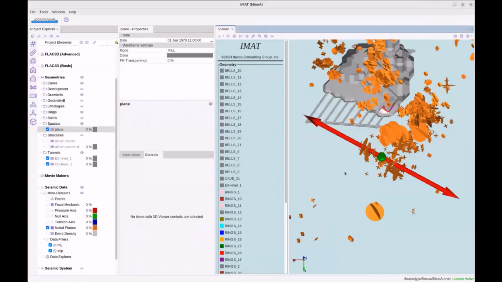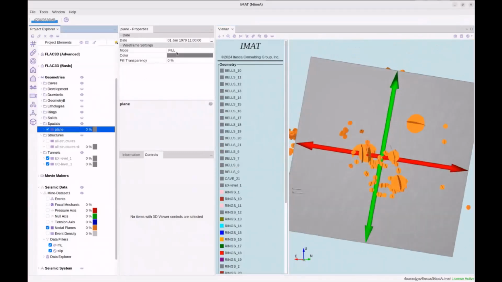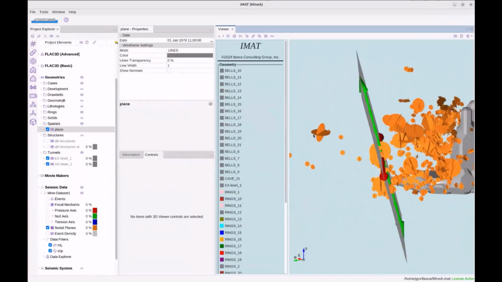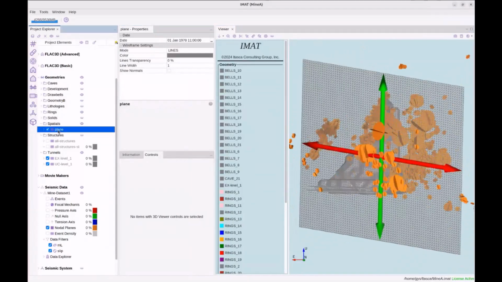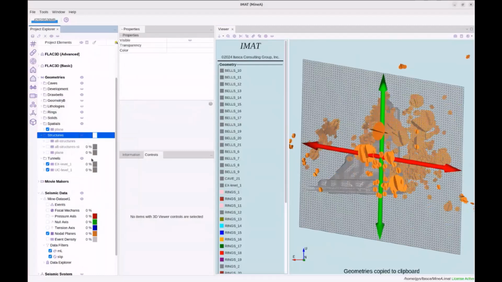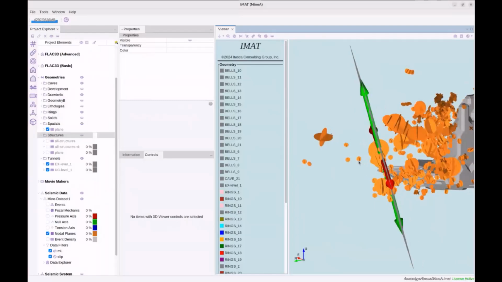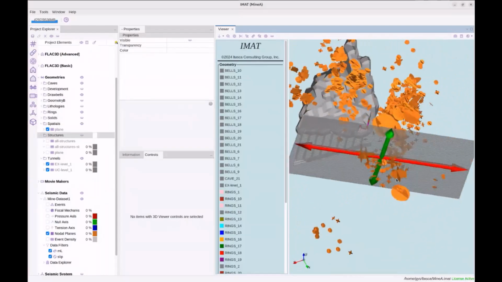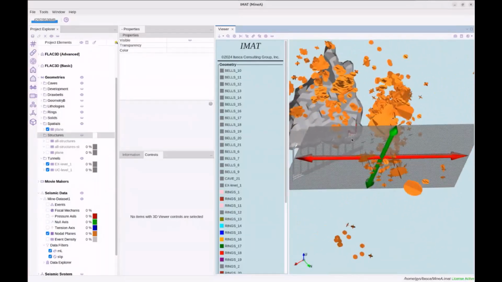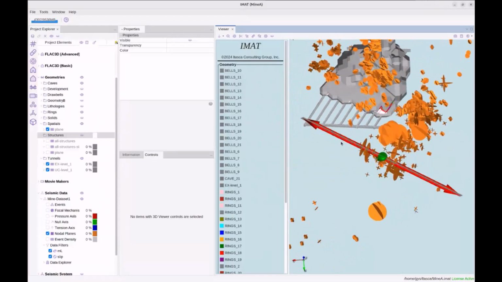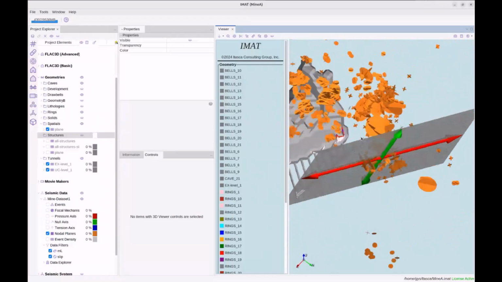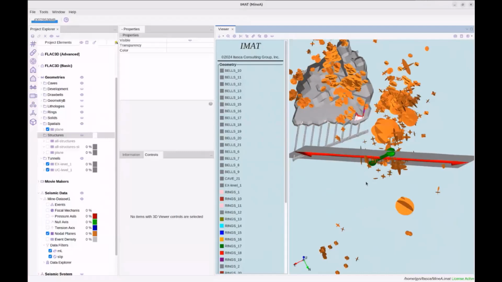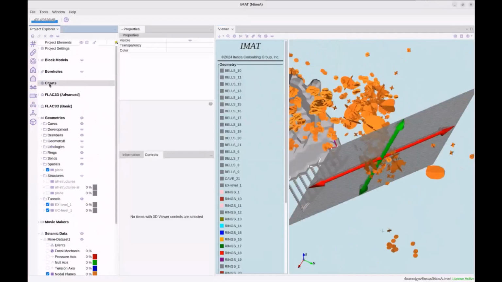So there I've got a wireframe, and if I turn my wireframe into lines mode, I can see there's the wireframe I've just created. I'll just copy that and put it in my structures folder, and I'm going to see if that orientation is active according to these event nodal planes. We already can visually see that this might be a favorable orientation for failure,